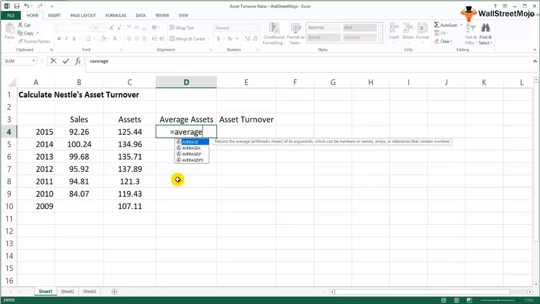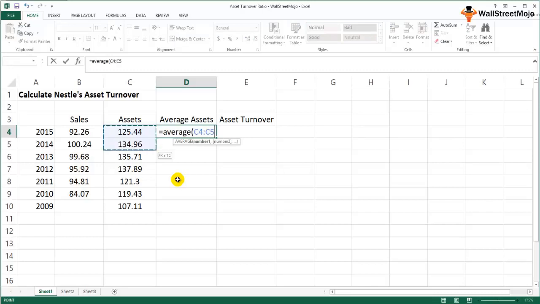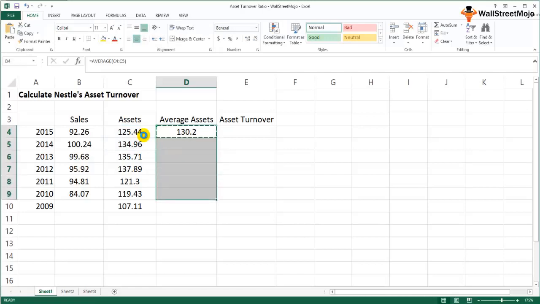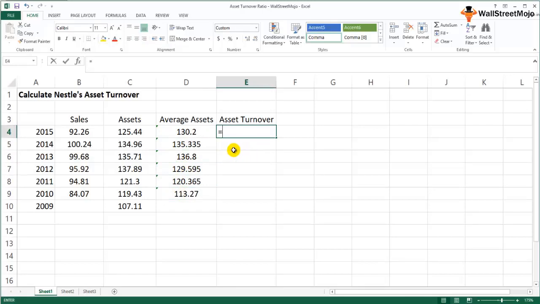Okay, so the average asset for 2015 will be the ending and the beginning balance, right? So if we are just considering 2015, the start of the asset will be 134.96 and the ending will be 125.44. So this is the average asset, and I can copy and paste this formula until 2010. All right, so we have this average assets. The asset turnover ratio is very easy to calculate now. This is sales divided by average assets. So it comes out to be